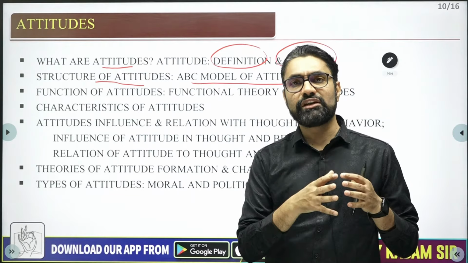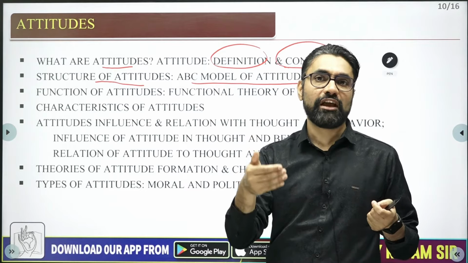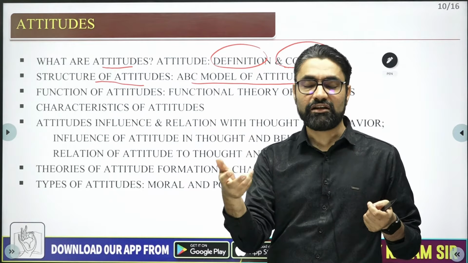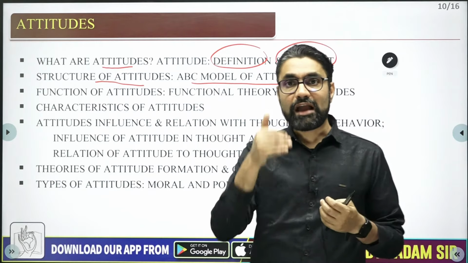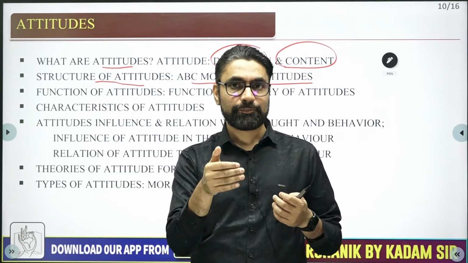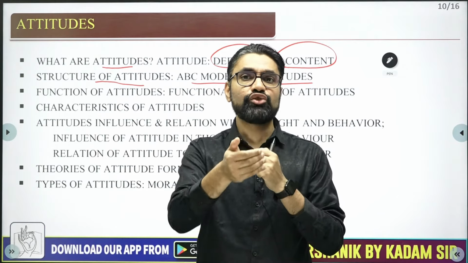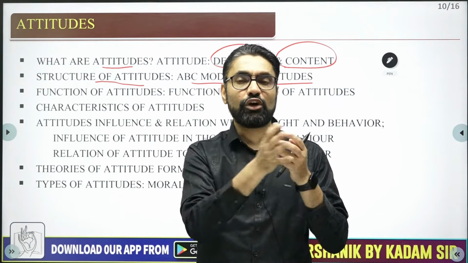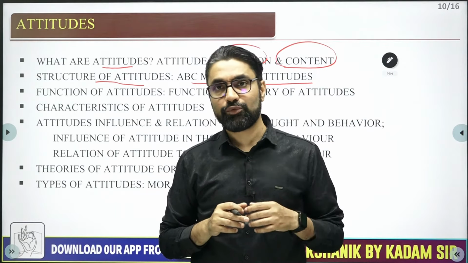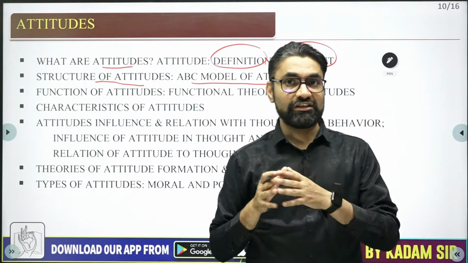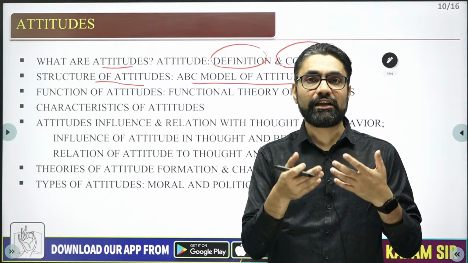If only one component is there, then it's simply emotion, or simply behavior, a behavioral tendency, or simply cognition: beliefs, ideas, opinion. But when your ideas, opinions, beliefs, cognitions get a touch of emotions, and they push you, motivate you into action, then you have three components, and then attitude gets formed. So this ABC model of attitude is very important. And when I discuss the ABC model of attitude with you, I will discuss that attitude can get created from any component.